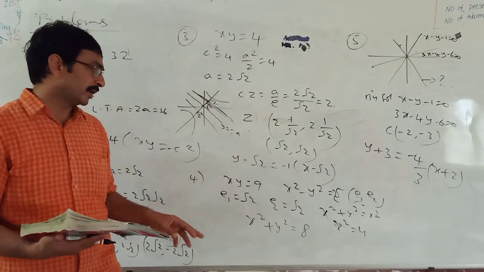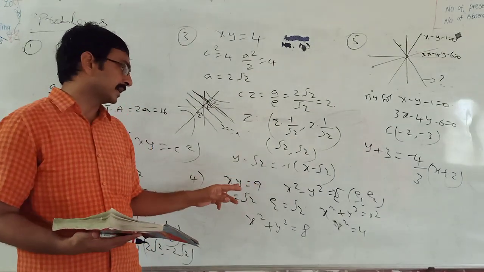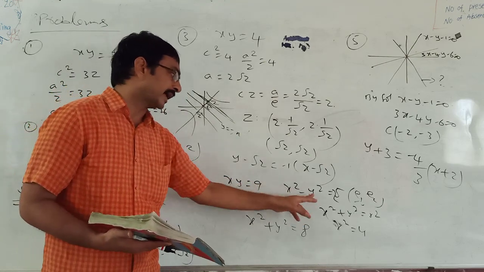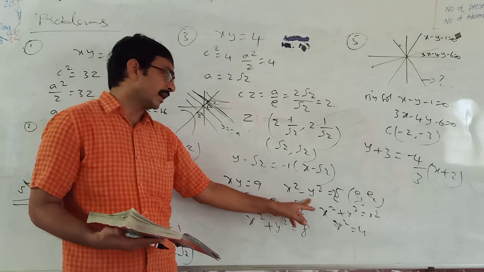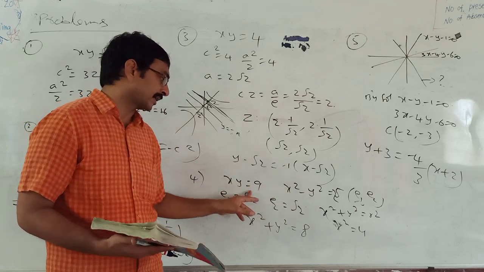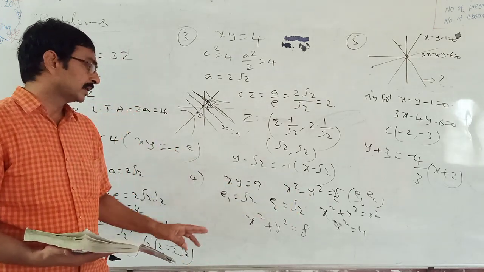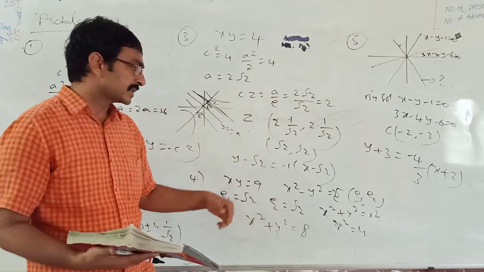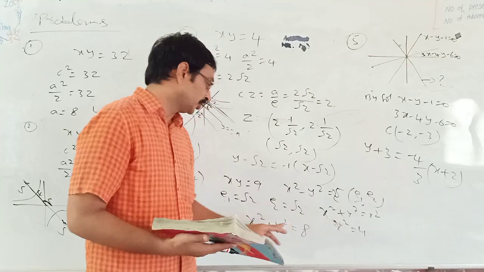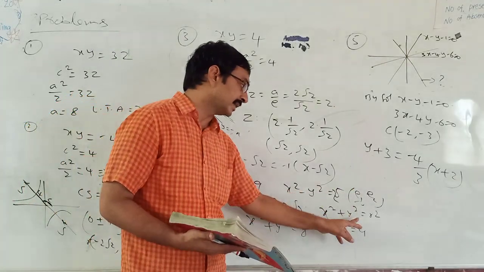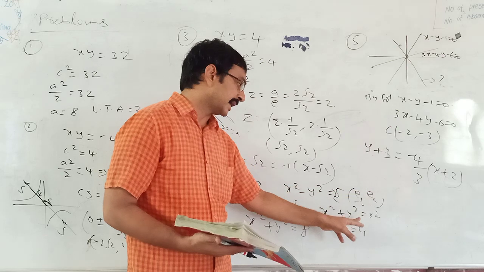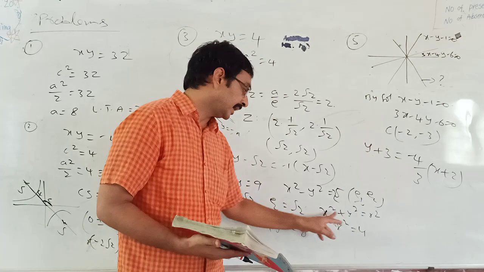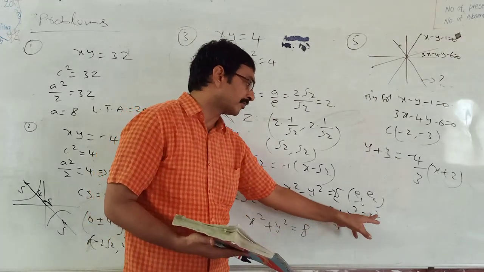See, from the beginning, first of all, E1 comma E2 are the eccentricities of this hyperbola and that hyperbola. Clearly both are rectangular hyperbolas. Eccentricity of any form of rectangular hyperbola is always root 2. So indirectly they are given E1 value root 2, E2 value root 2. And the second given one, this point E1 comma E2, means root 2 comma root 2, lies on the circle. That means that point satisfies the equation. By substituting these two values, r square value is 4. Then the equation of the circle is x square plus y square equal to 4.